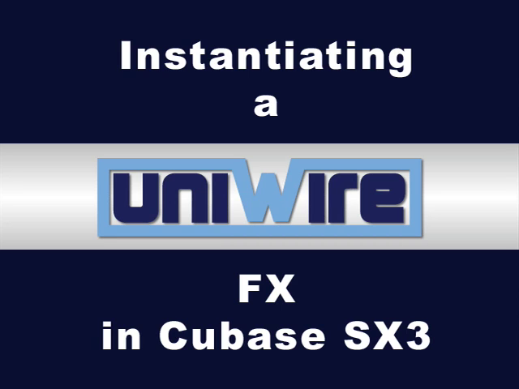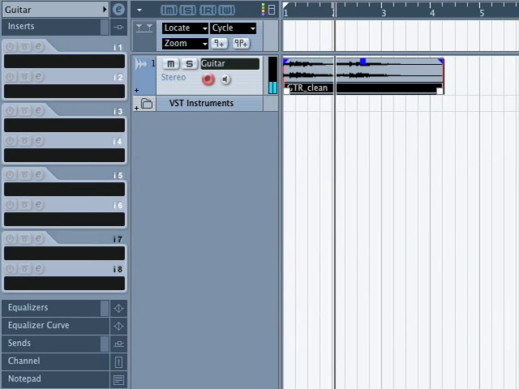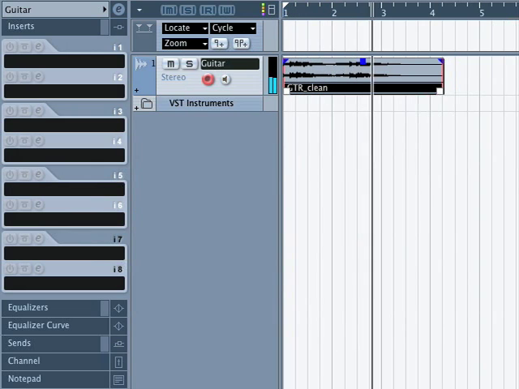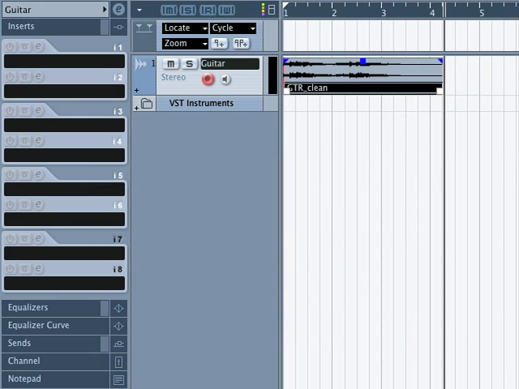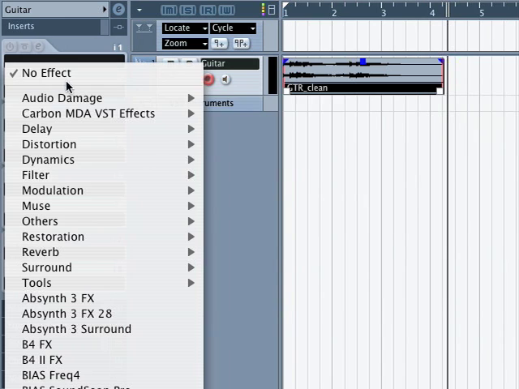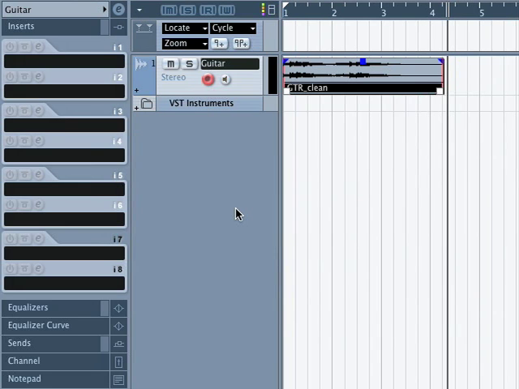Assume I have this track in Cubase. It's fairly clean sounding, and I want to make it grittier by running it through some effects on Receptor. To do this, I click on an Insert Effects slot, and I choose the UniWire Effects plugin from the Muse folder. Now, because I'm using Receptor as an external effects processor, I'll need to configure a Receptor patch for this